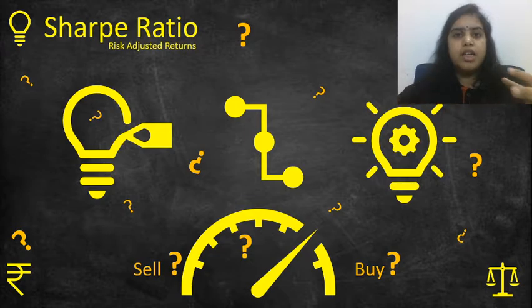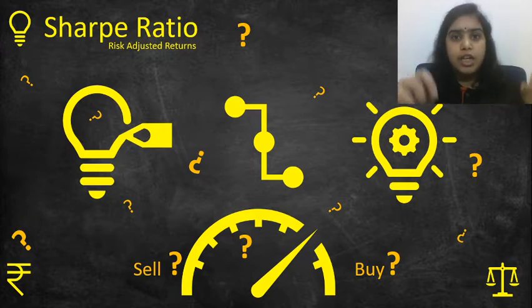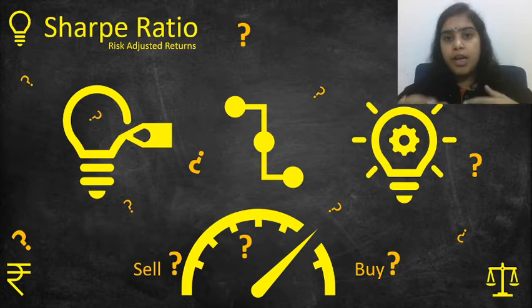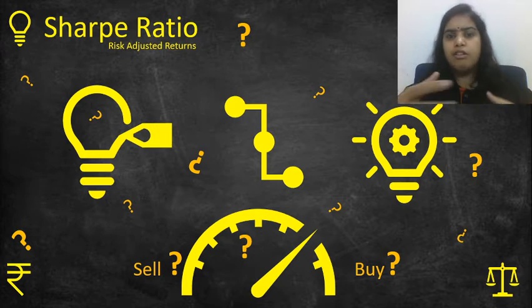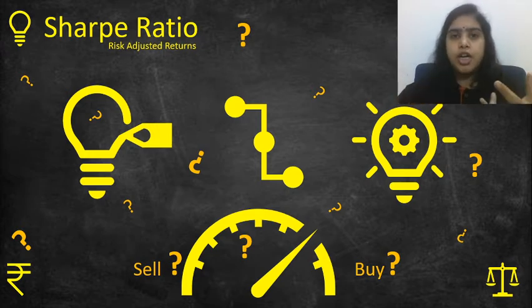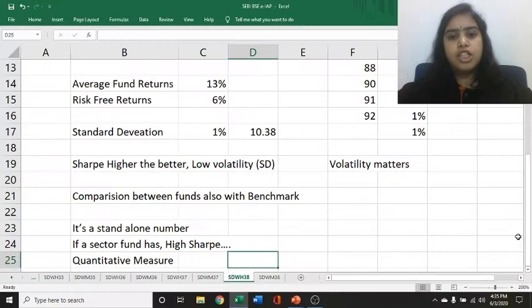When we are choosing a mutual fund as an investment option, if we want to take the benefit of stock market returns, and if a mutual fund is an indirect way to invest in the stock market, then while choosing mutual funds or while doing a comparative study, what are the ratios which are useful for you? There are various ratios. Usually we talk about Sharpe ratio, Treynor ratio, alpha, beta. What are these ratios? We will see one by one. But today we will talk about the Sharpe ratio.